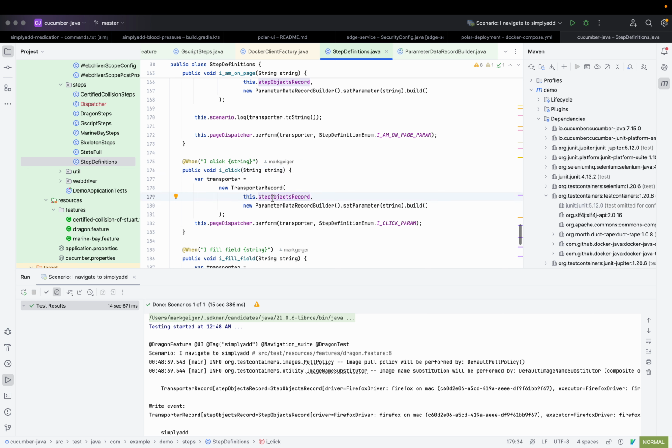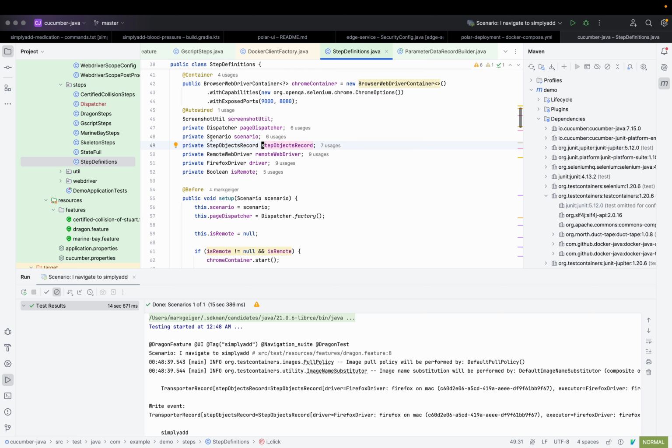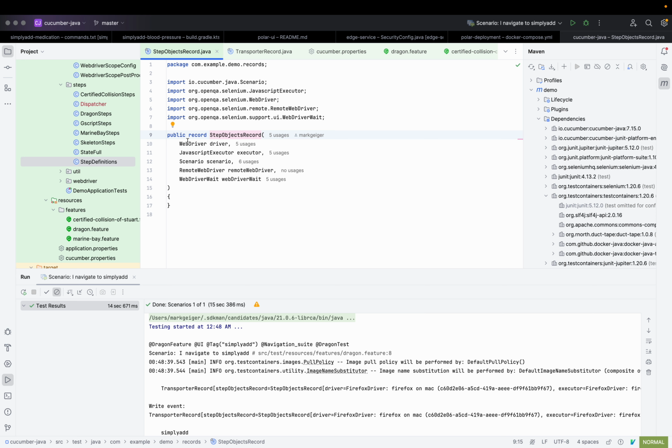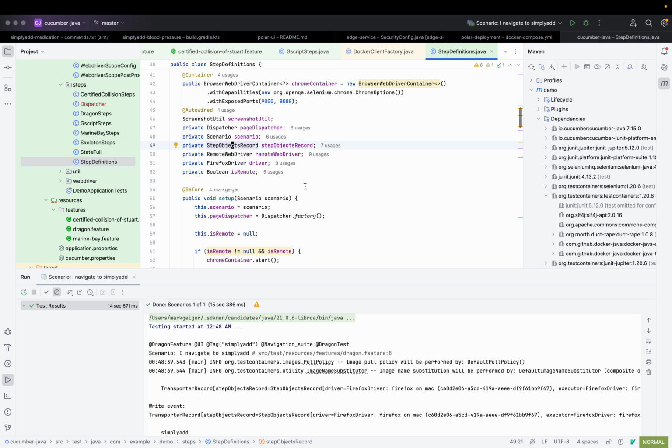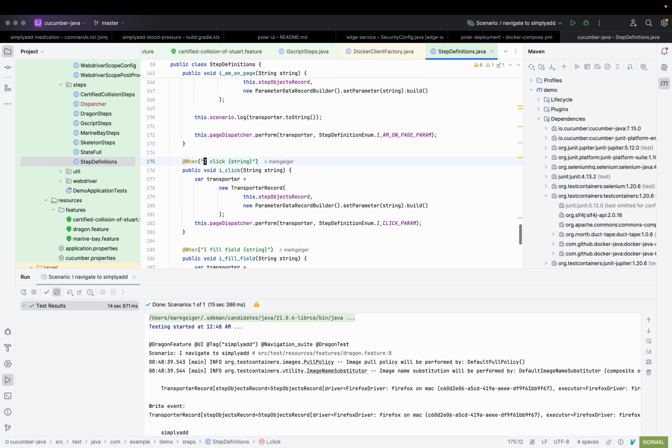The step objects record consists of an instance of WebDriver, JavaScript executor, scenario, remote WebDriver, and WebDriver 8. And the parameter data record